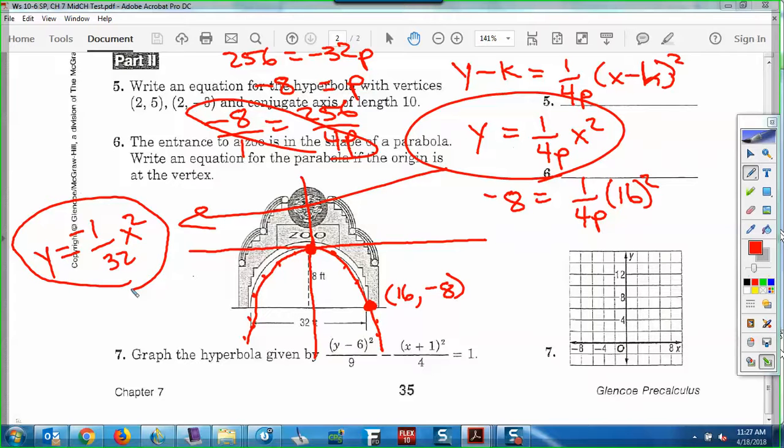If they don't give you any of that, but they tell you a point on the figure, remember that's X and Y. That's X and Y, and you can put them in for X and Y. Okay? All right. For example, in this problem right here, let's say they didn't tell you A, for whatever reason